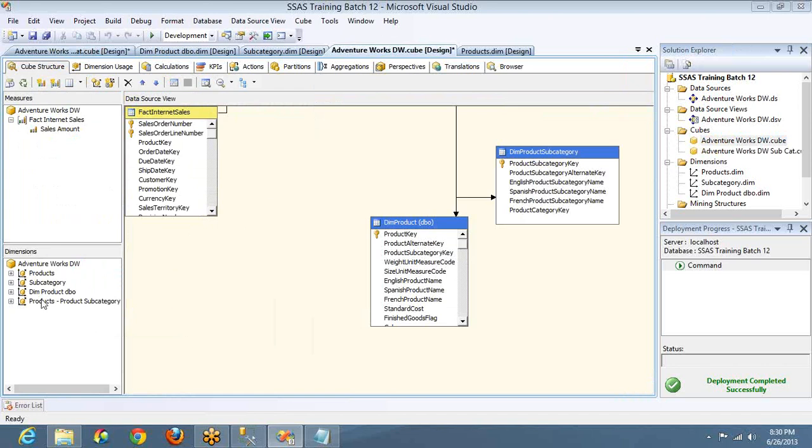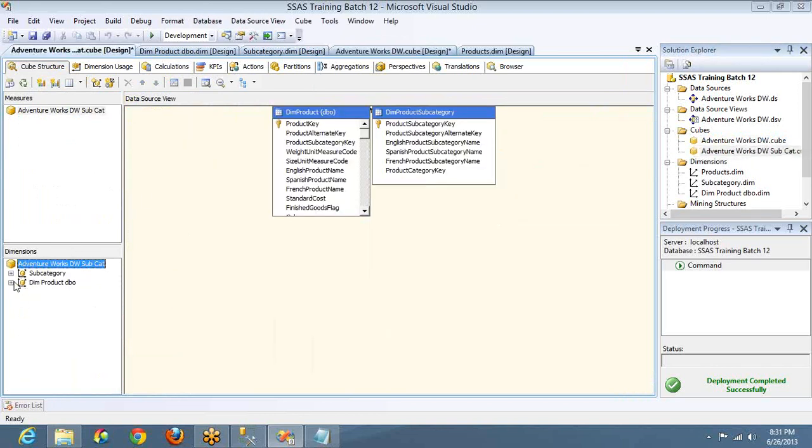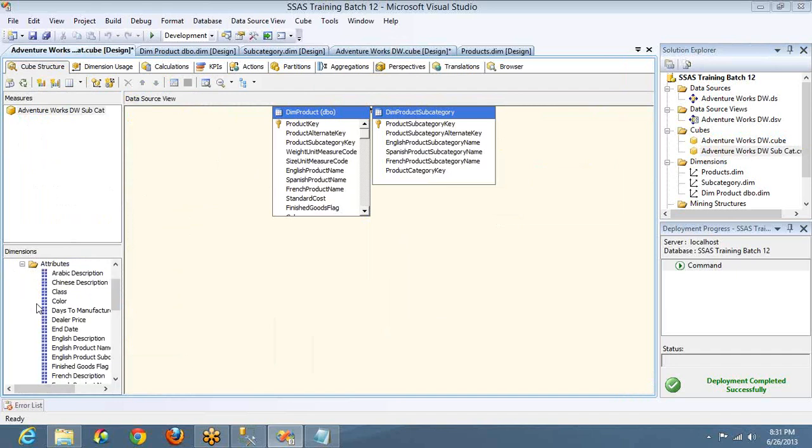And if I use the second one, this product to subcategory, unnecessarily I am pulling all these measures that I don't want from the subcategory table. In the same way, in this cube, I'm going to pull all the unnecessary columns' data. I'm going to process all this data which is not required for this cube. So that is why it's always better, it depends on the requirement. You can go with a single dimension if the tables have a join, else you can go for separate dimensions.